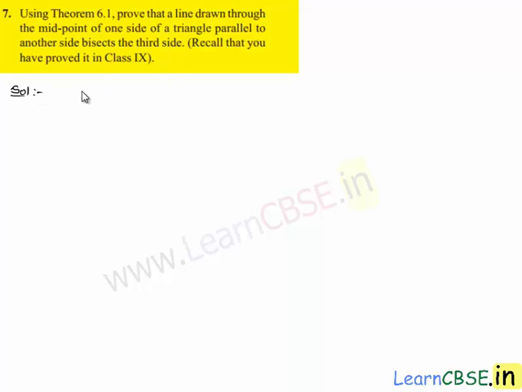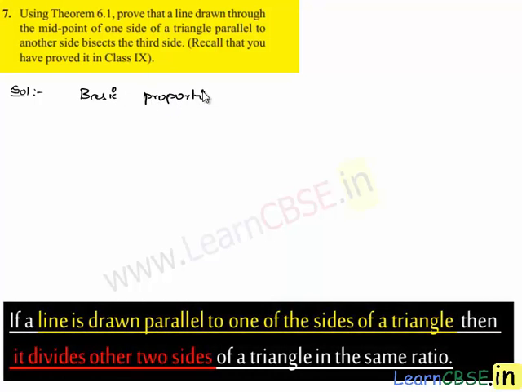Theorem 6.1 is nothing but basic proportionality theorem, which states that if a line is drawn parallel to one of the sides of triangle passing through two distinct points of other two sides, then it divides the two sides in the same ratio. So now